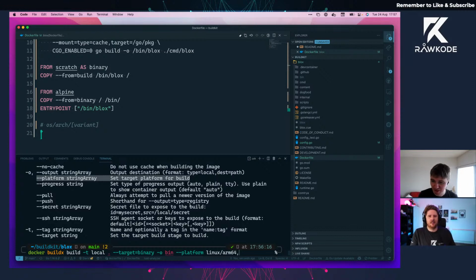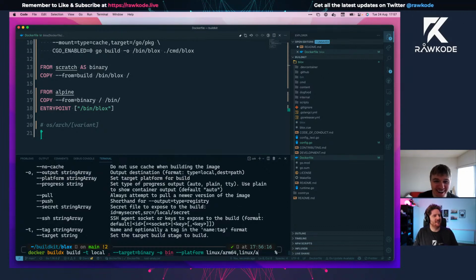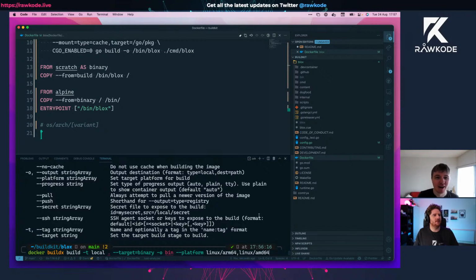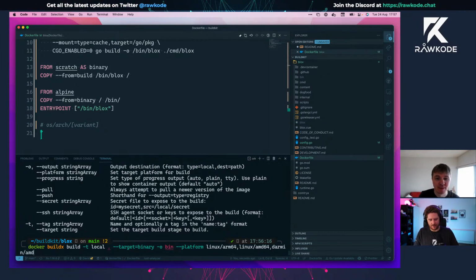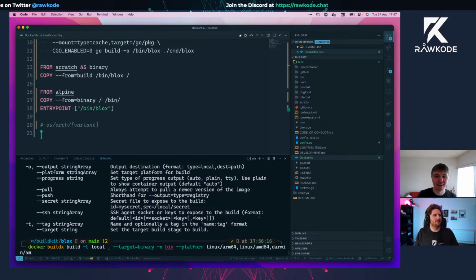But with buildx, what you can also do is, okay, my screen share doesn't handle this anymore because it went over some column limit. So basically, you can just put AMD64 in there as well. And how do we want to do this? Can we do Darwin AMD64? Not yet, because remember when